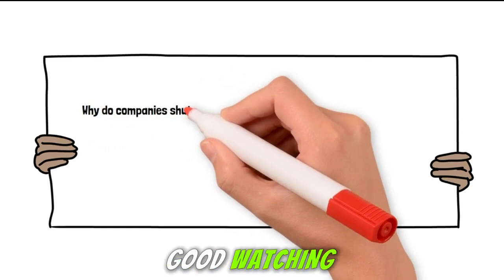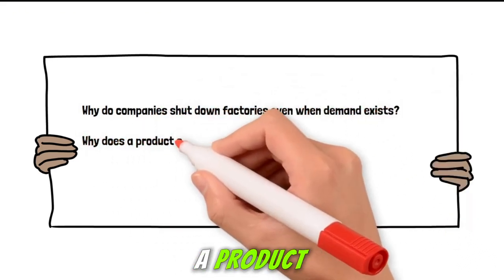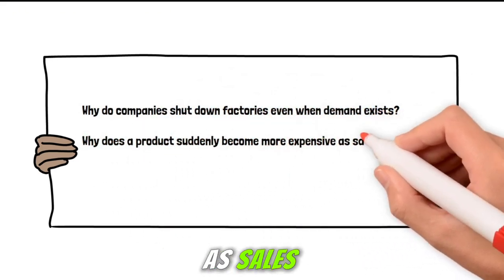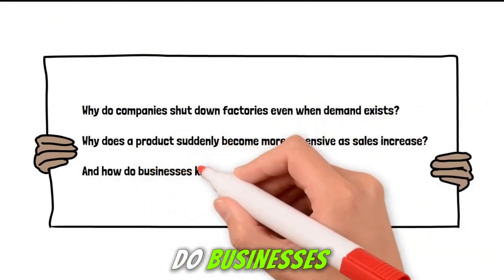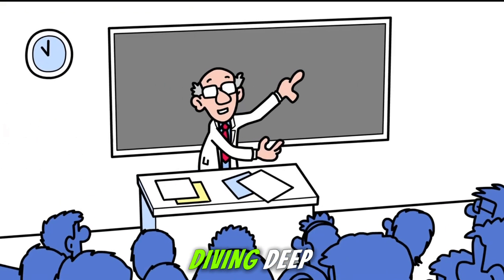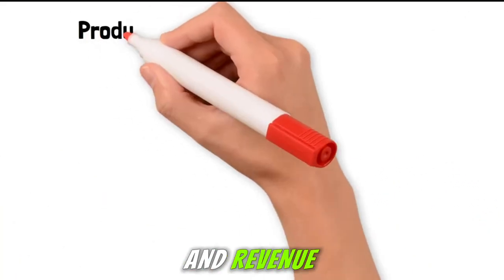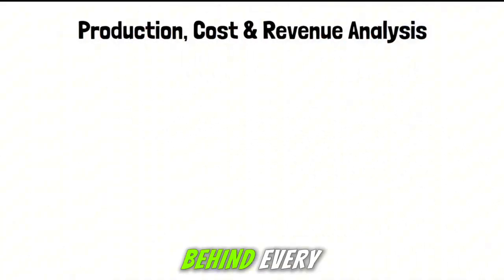Have a good watching. Shut down factories even when demand exists. Why does a product suddenly become more expensive as sales increase? And how do businesses know when they're actually making a profit? Today, we're diving deep into the brain of every business: production, cost, and revenue analysis, the science behind every decision